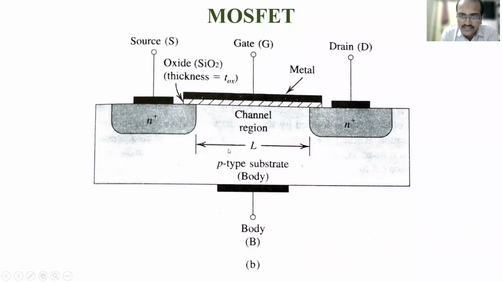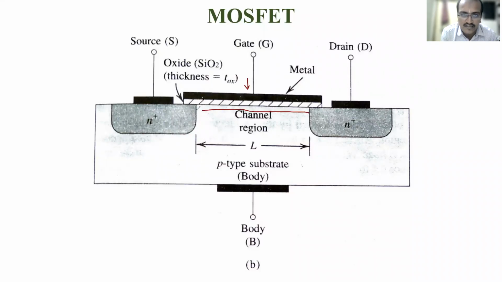How does the operation begin here? This is a normal case where there is no gate voltage or drain voltage, the unbiased state. We said there is a capacitance here. What is that capacitance? Gate to channel. This side is the gate, right? And where will the channel formation happen? When you apply a fixed VGS and a small VDS, a channel forms here, right?